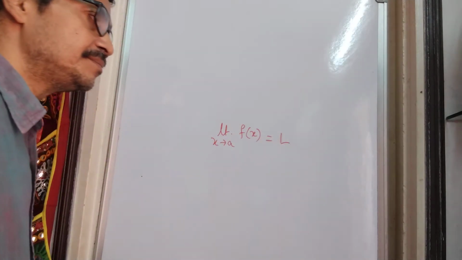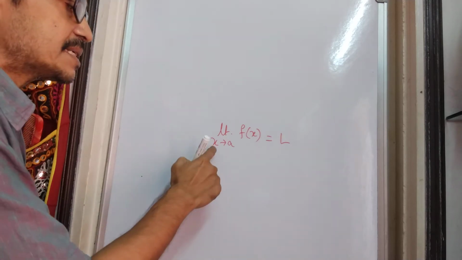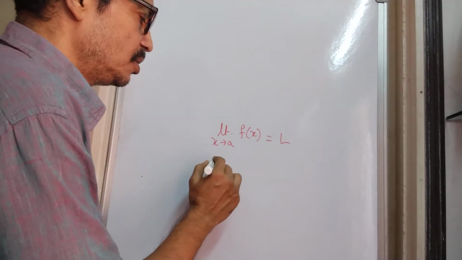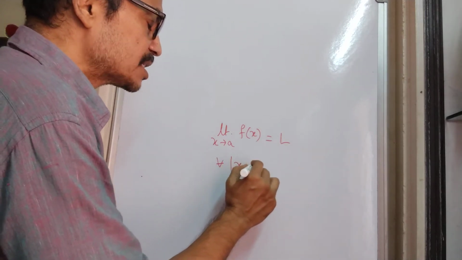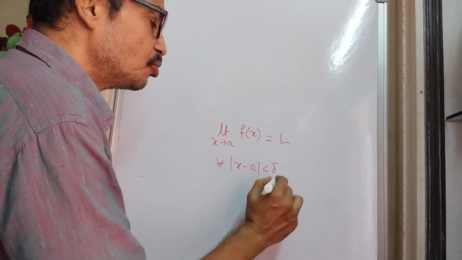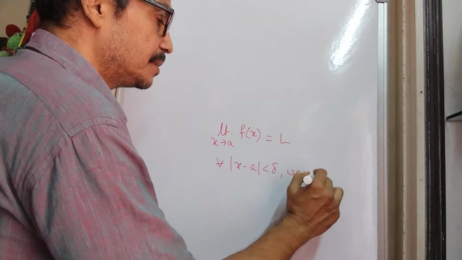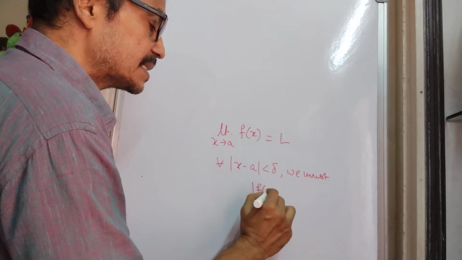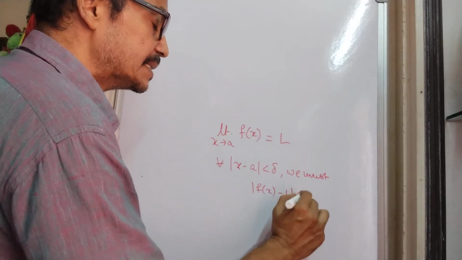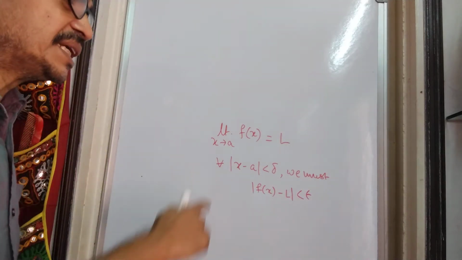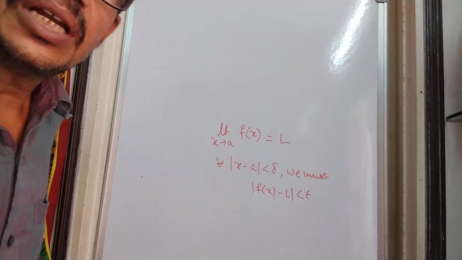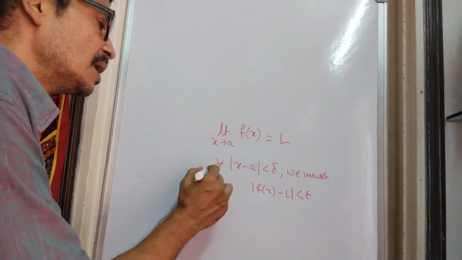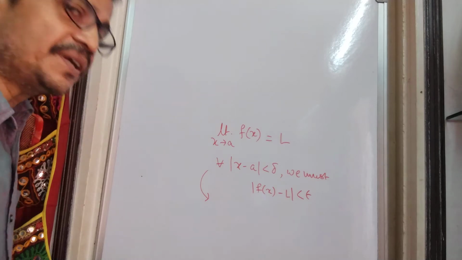capital L as x tends to small a, we mean that for all mod x minus a less than delta, we must have mod f(x) minus capital L less than epsilon. So that is the basic definition of limit of a function, and this may be written in a different notation,